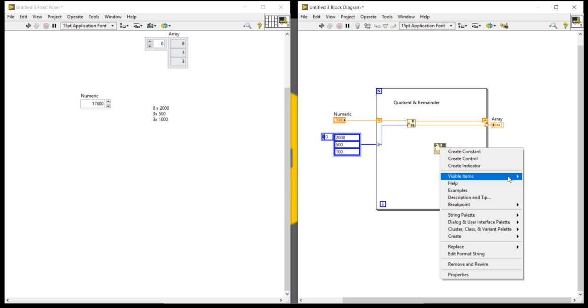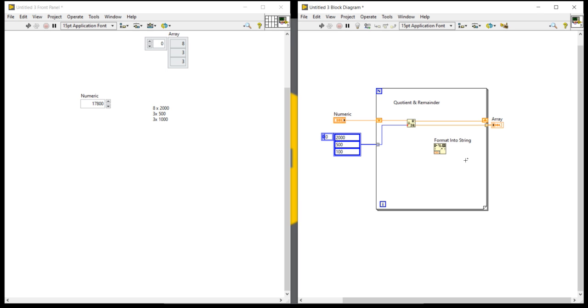So here I am taking the format into string function. On the top of the format into string function I am going to write something: percent, and inside here percent s, space, capital X. I can take an example, let's see.